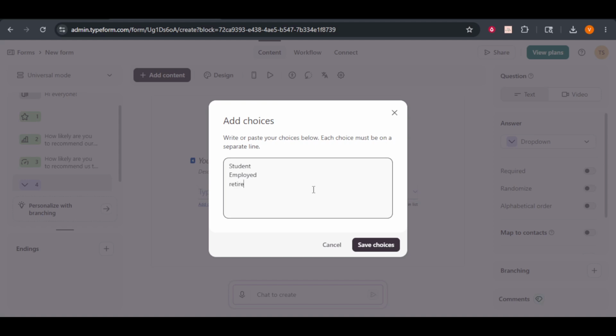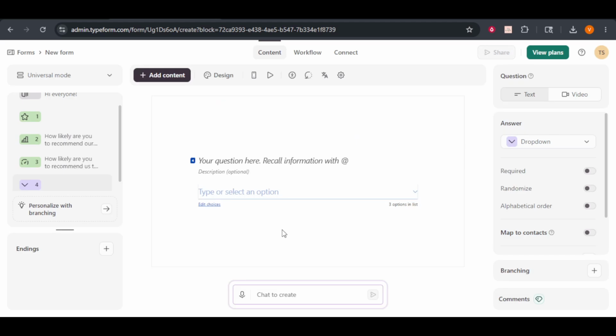As you add more choices, the drop-down box will automatically expand to accommodate them all. This method ensures that your form remains compact and organized even if you have a long list of items for participants to choose from. By following these simple steps, you can create a much more interactive and user-friendly experience for